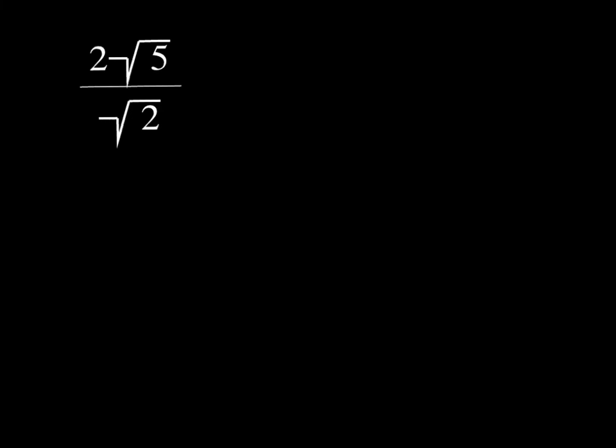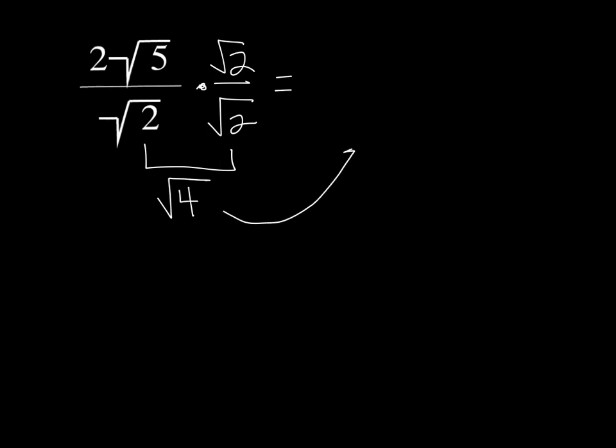So if we look at our final example, 2 radical 5 over radical 2, I could not do it the second way I did it on the previous slide because both 5 and 2 will not reduce. So the only way to do this is to multiply by something that will give me a perfect square on the bottom. The goal is to try and get a perfect square, and what you'll see as you do more of these is it typically results in multiplying by the same number. 2 times 2 is 4. We know the square root of 4 is 2,